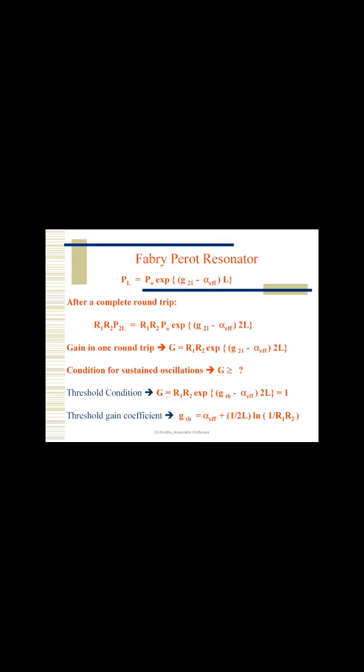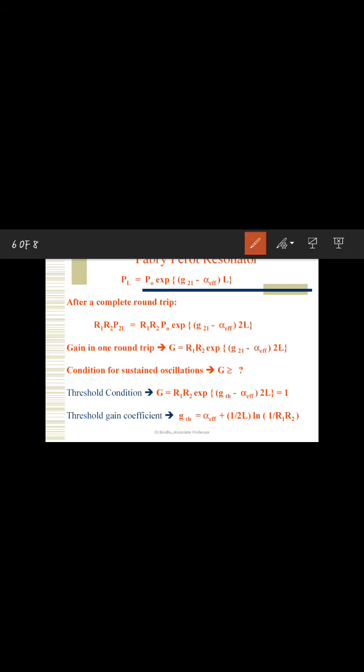the Fabry-Perot resonator. And how to calculate your initial equation and final equation, that is given over here, P0 and PL. You can find out how the components have been evaluated. So PL, now for one round, a complete trip, R1, R2, P2L. So you will have L to be forward, backward. So 2L you will get. Gain in one round trip is R1 R2 exponential of G minus alpha coefficient, times 2L. So you can calculate first the power initial condition, then the gain involved in that condition.